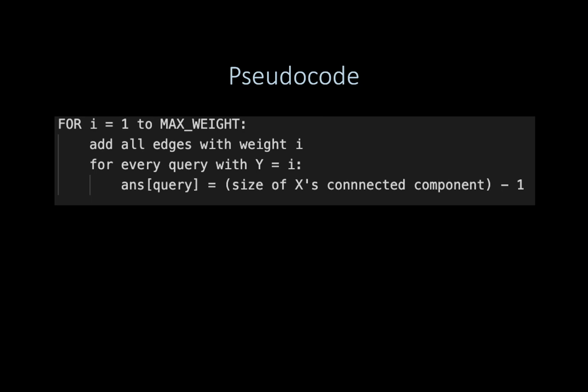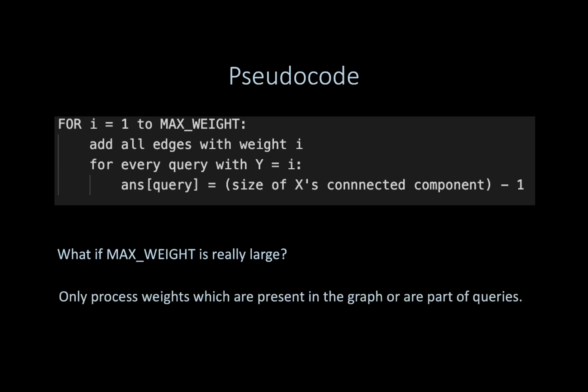Okay, so I'm now assuming that you've understood that idea. Well, this is all good and well, but how do we make sure that this runs fast? In particular, what if the maximum weight in a graph is really, really big? What if we can have edges with weights up to 10 to the power of 18? Now, we certainly can't afford to do this slow iteration, but there's a very simple solution, and that is that